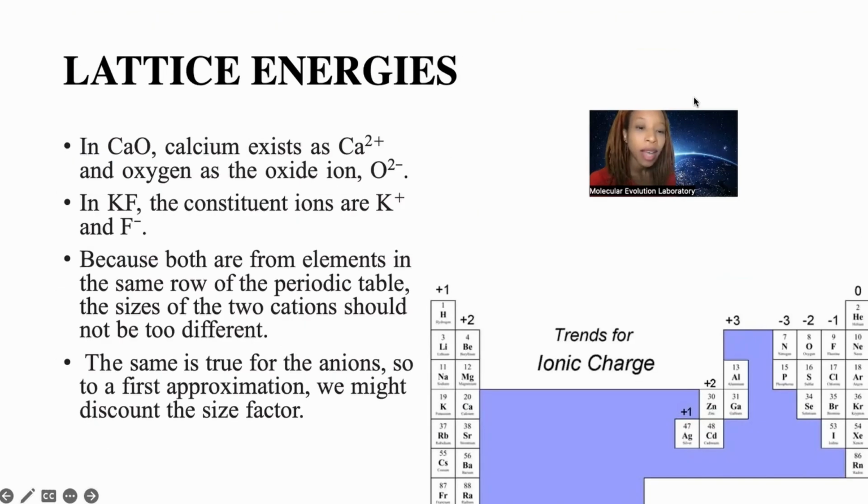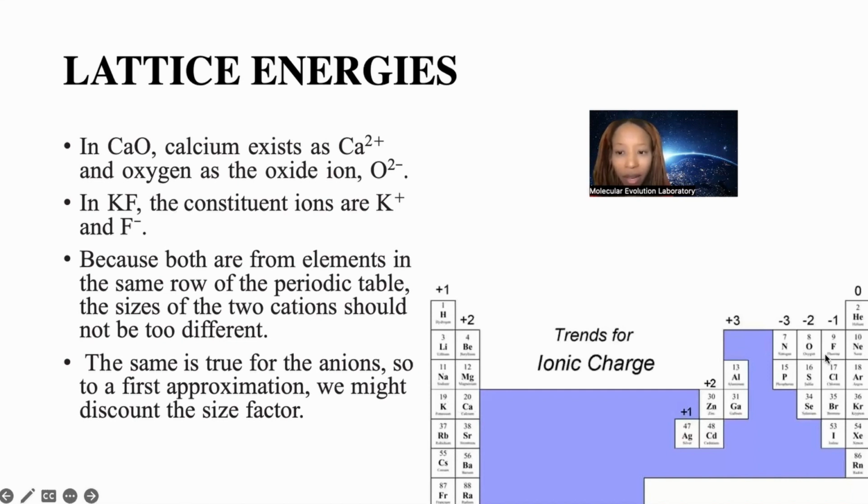In calcium oxide, calcium exists as Ca2+ and oxygen as the oxide ion, O2-. In potassium fluoride, the constituent ions are potassium with 1 positive charge and fluorine with 1 negative charge. Because potassium and calcium are in the same row and they're both cations, the size difference between them is not too great. And the same is true for oxygen and fluorine. The size difference between them should